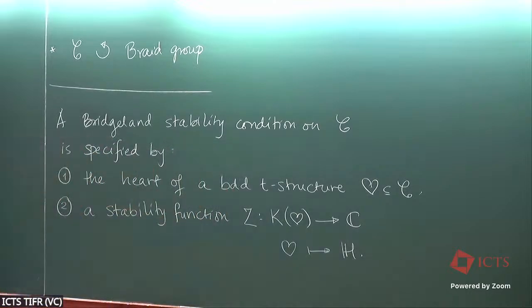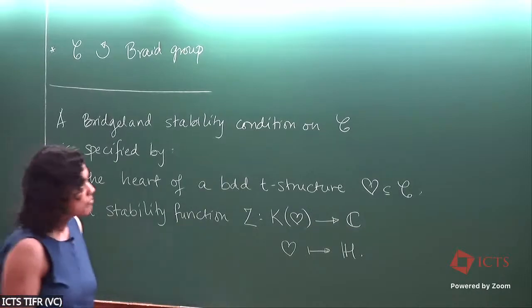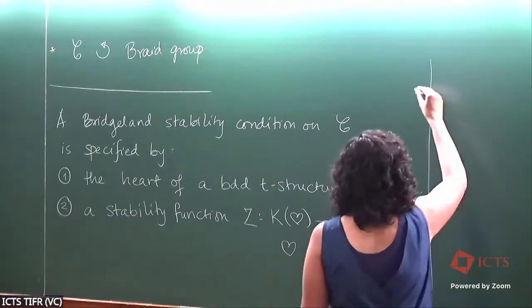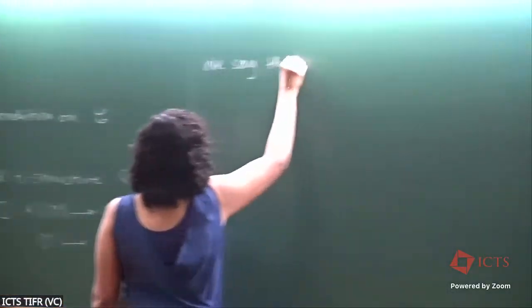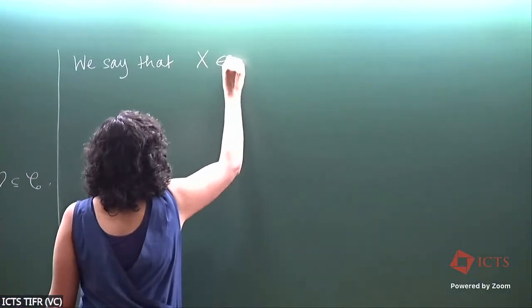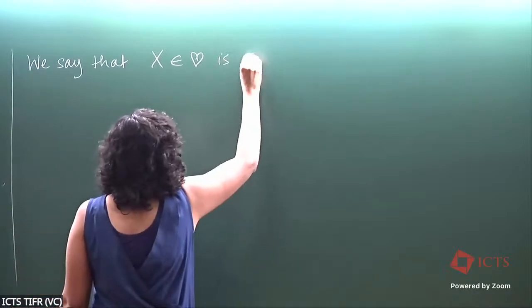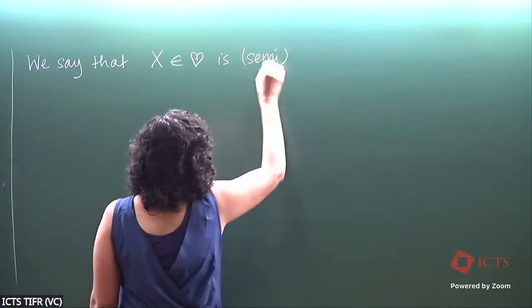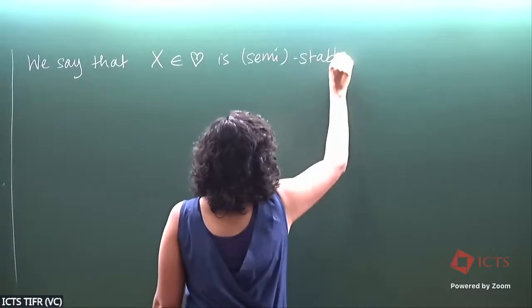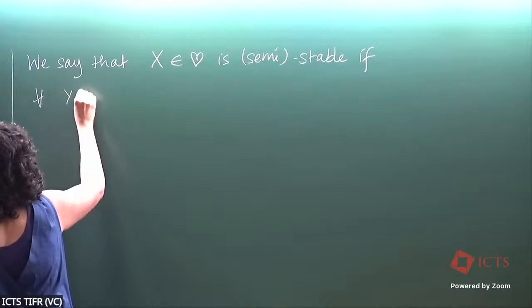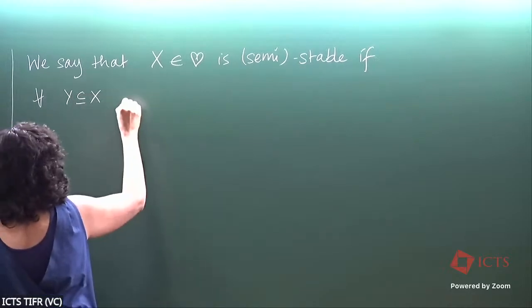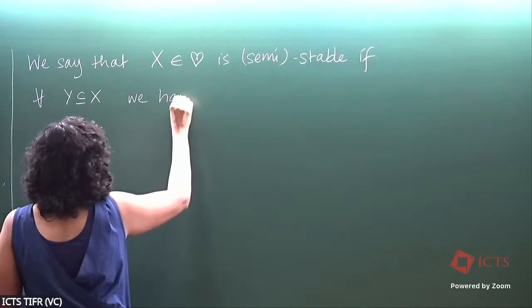And with this setup, you get some sort of notion of stable and semi-stable objects, which is very similar to slope stability, for example. So under this setup, we say that X in the heart is semi-stable if, now this definition is probably familiar, for all non-zero sub-objects in the heart, we have